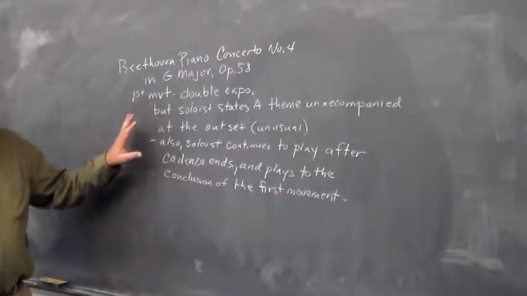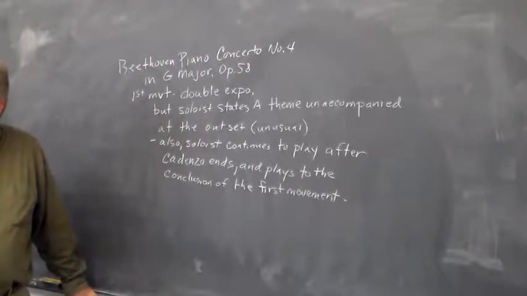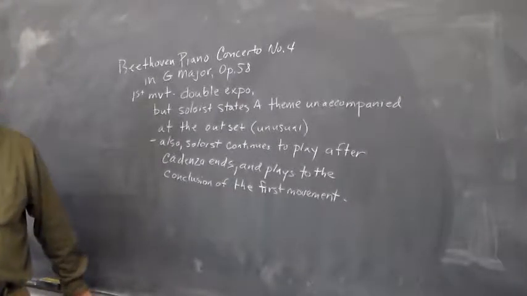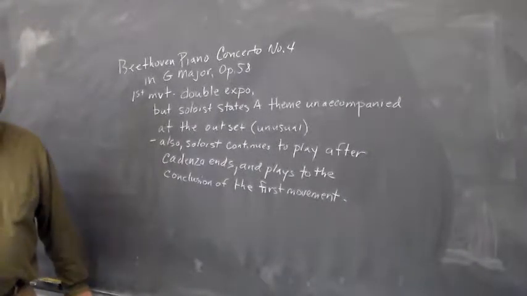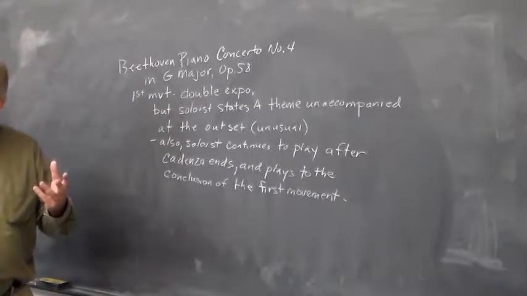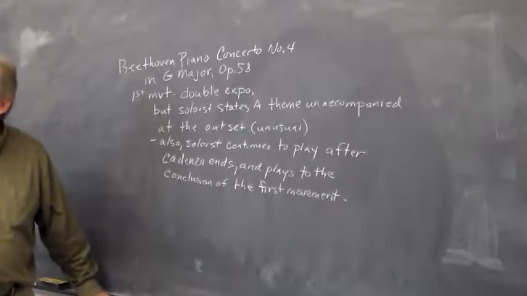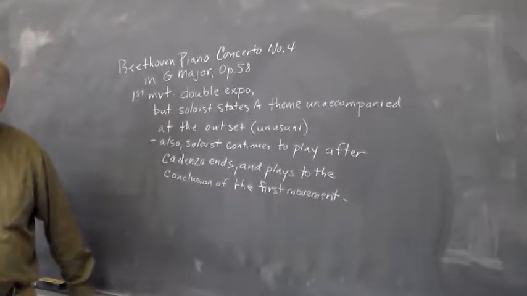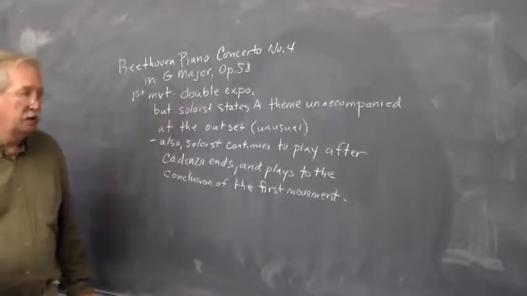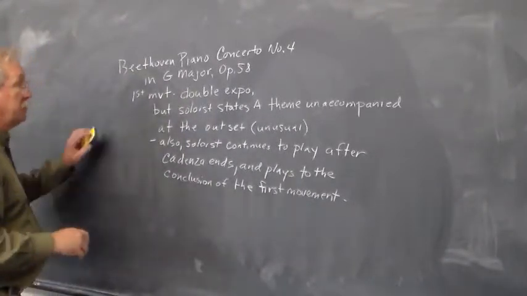But what Beethoven does in the Emperor is to say that the soloist has to play this cadenza, that you can't make up your own cadenza. And so Beethoven is now kind of ending that practice of improvised cadenzas, and that's something that will continue in the 19th century, that soloists won't improvise their own cadenzas anymore. All right, so we'll put here